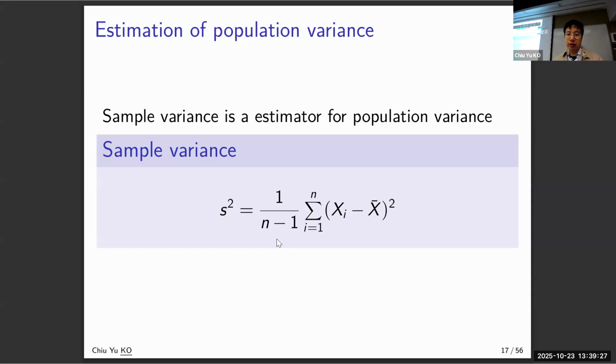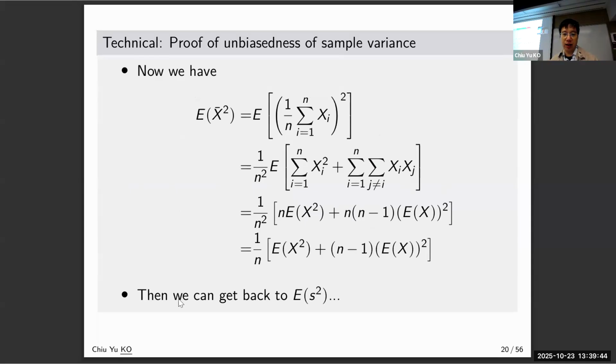And we need n-1 because we have X bar, right? If we know mu, the population mean, we don't need that, okay? So that is a very important concept that I have to remind you, okay? And after that,